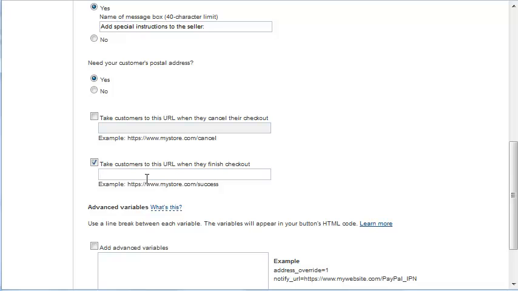So you just need to give the URL of where they can actually go and download whatever it is they purchased. Now here's another tip. Let's say you wanted to